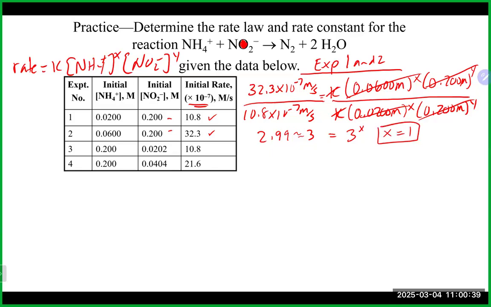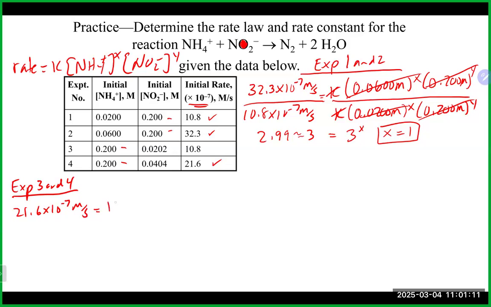Any questions on that? Now, if you missed that times 10 to the minus 7, you will not have the right answer later on, just so you know. We could then go to 3 and 4, where one concentration remains constant, and we'll do the same thing here. In this case it looks like 4 goes up on top, since it has the larger value. So we're going 21.6 times 10 to the minus 7